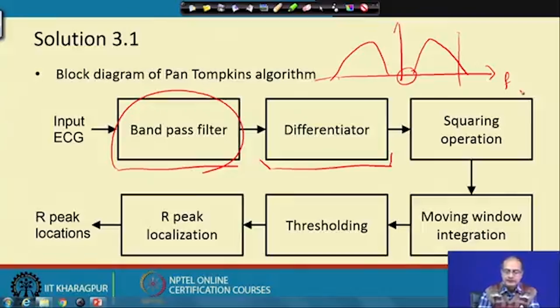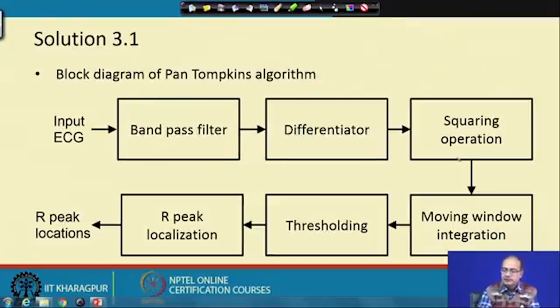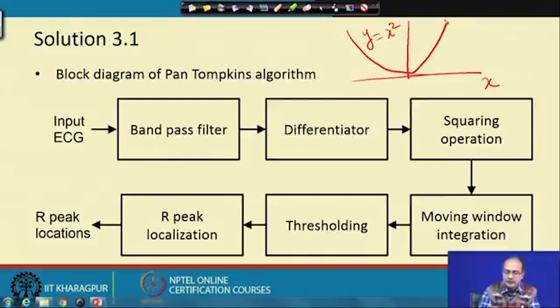So, band pass filter, that is the purpose it serves, then followed by the differentiator, and after that comes the squaring operation. Now, what happens after the squaring? If we take the plot, that we have the value x and here we take the axis y equal to x square. When we take that square, first of all for both positive and negative values we will get a parabolic curve